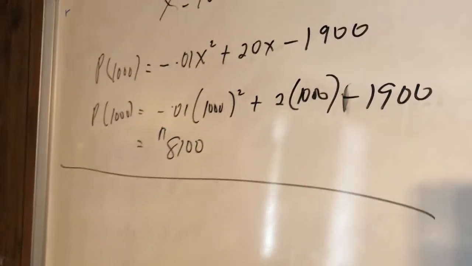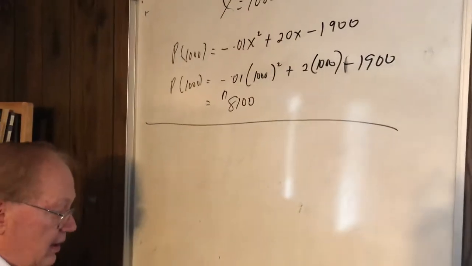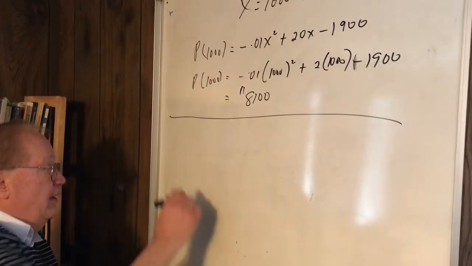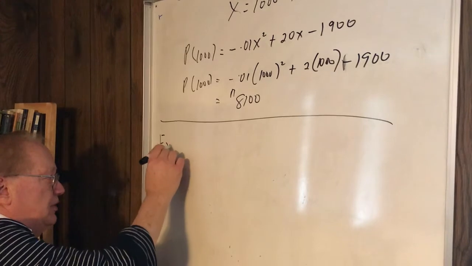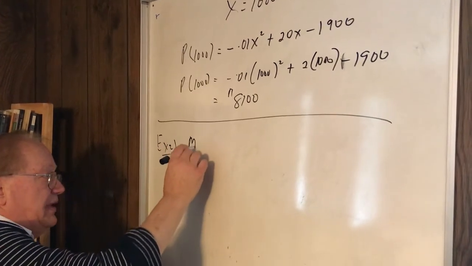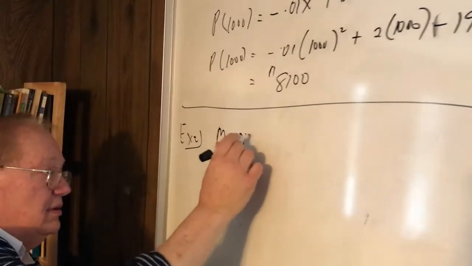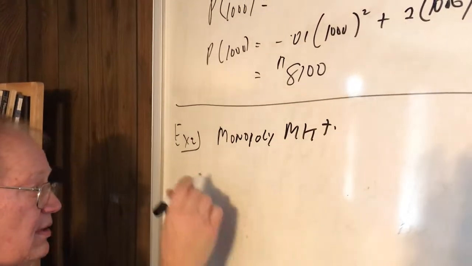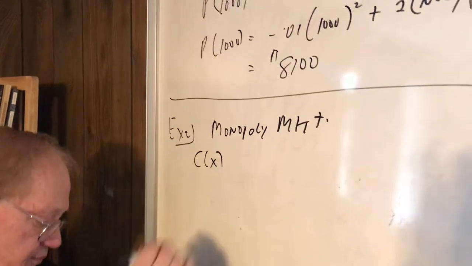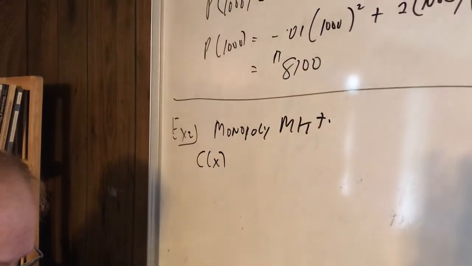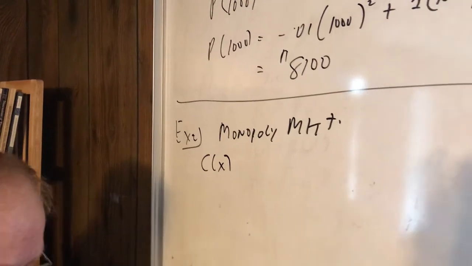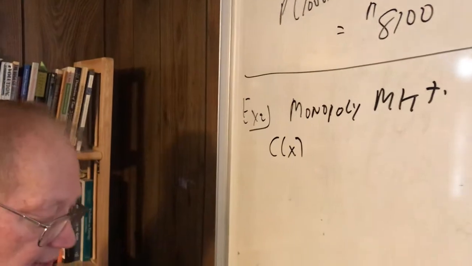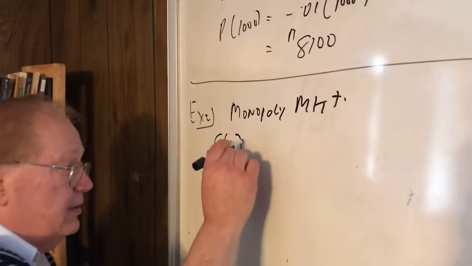Actually, the problem is finished. So let's take example 2, and this is in a monopoly market. What does that mean? Well, I'm going to have a cost function. Flip over to page 10.3, and I will have a cost function, and that is going to be 800